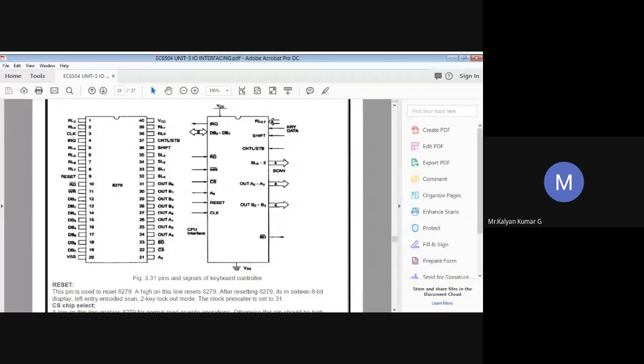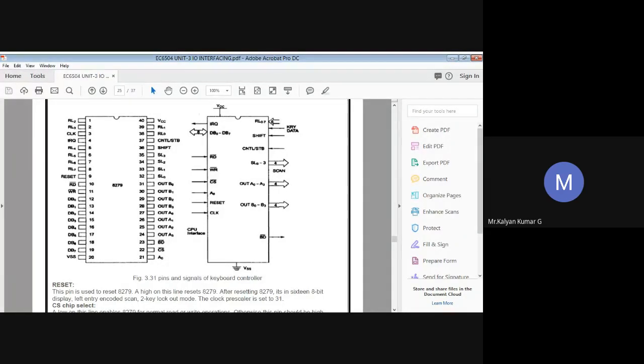And then moving on to shift. We have another input called shift input, pin number 36. The shift input status is stored along with your key position on the key closure in case of scanned keyboard modes. Until a switch closure pulls it low, it has an active internal pull-up to keep it high.